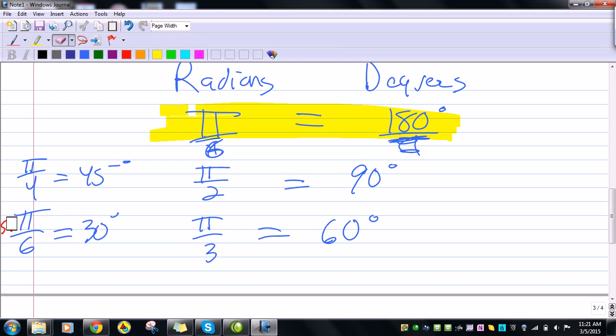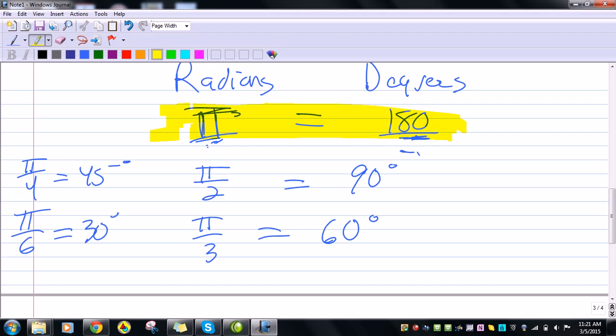Okay? So put these benchmarks in your notes. Keep them there. You can put a box around them. It will help us with our conversions. But all of these stem from, initially, pi radians is the same thing as 180 degrees. So that's where we start by definition. That's what pi radians is. And you're probably asking, well, what would 1 radian be? Well, 1 radian would be 180 over pi, which is 57-ish, I believe, degrees. Okay? So that's something new that I want you to consider,